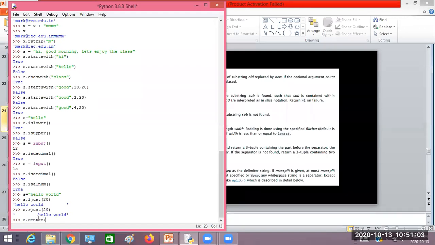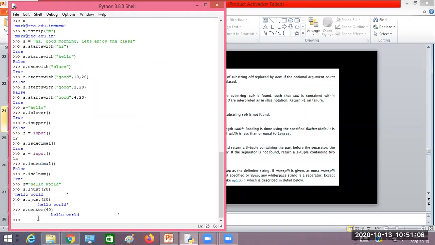Suppose I take a width of 40. In the 40 width, now I want this hello world at the center, so you can do this. With the help of these methods, you can write a letter. Suppose in your application you want to automatically send a mail, prepare a letter, and that letter has to be sent to some higher authority. In that case, you can do it with the coding itself. You need not do it manually. I can set the formatting with just these methods like rjust, ljust, and center. Did you get the idea?